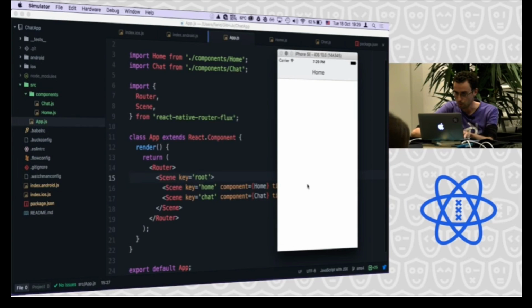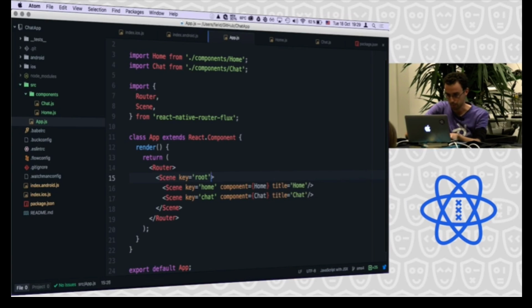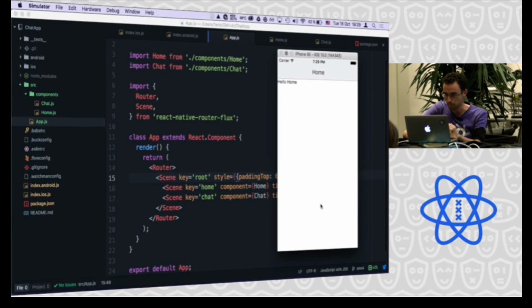So here we have our first component, but we cannot see the content. We wrote hello home. It's not displayed because it's behind the navigation bar. So we'll have to add here at the root scene a padding top. You will see that it looks like CSS, and using the style prop, we can set a value. I will refresh, and now I can see